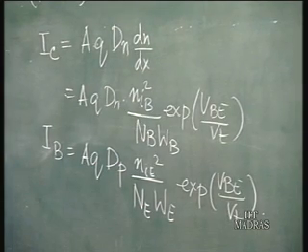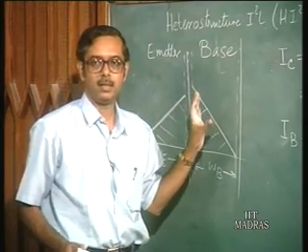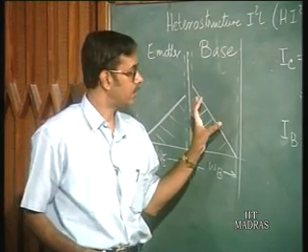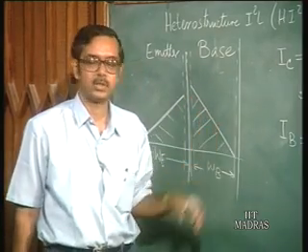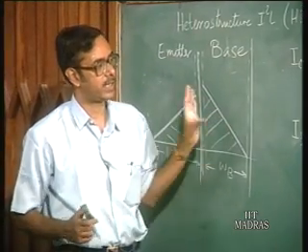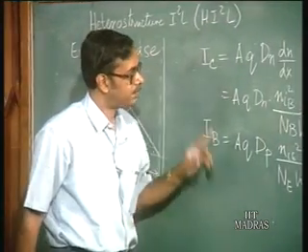Here of course, I neglect the recombination in the base, which is going to be true especially if you have very short base widths, which is in fact true mostly in the case of heterojunction bipolar transistors. Now,